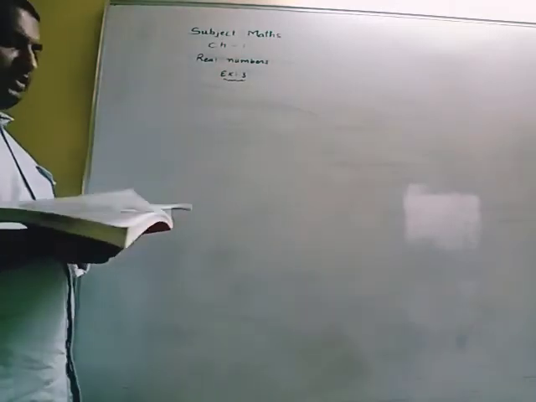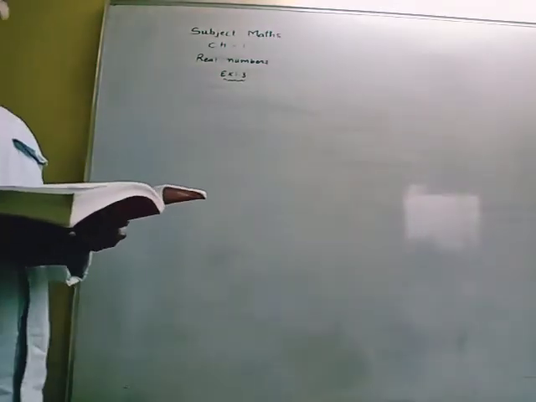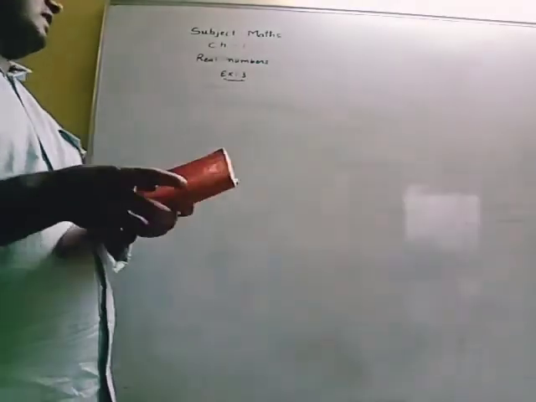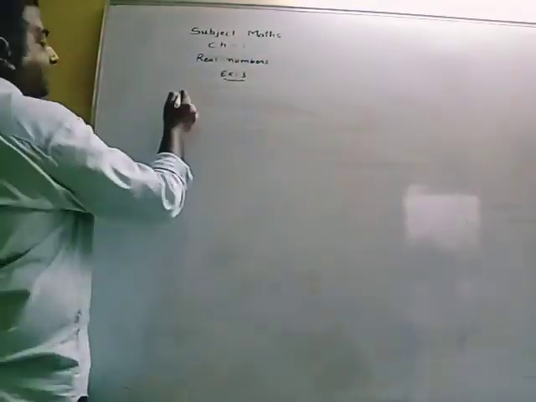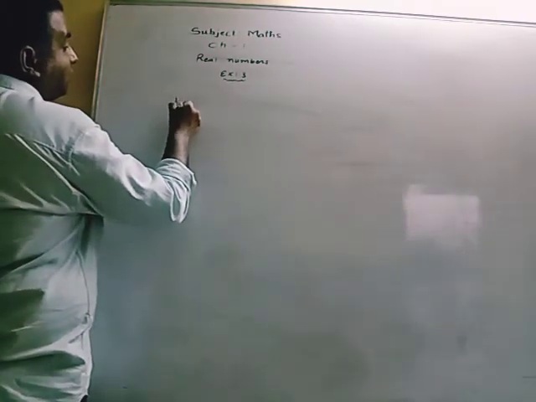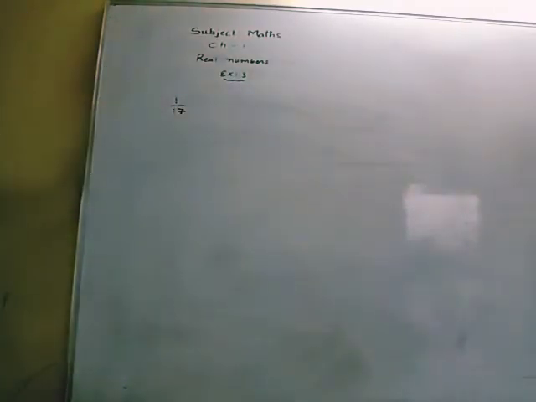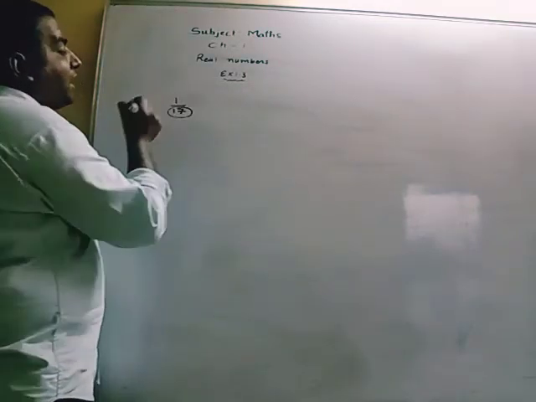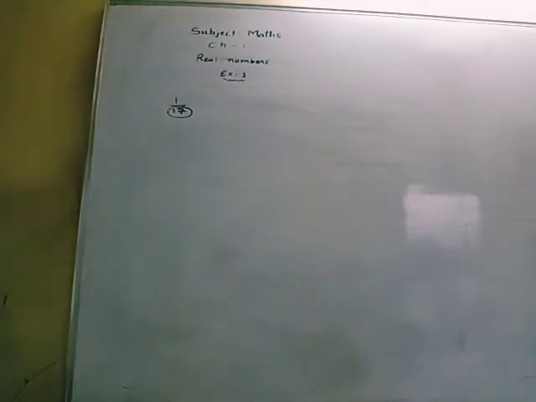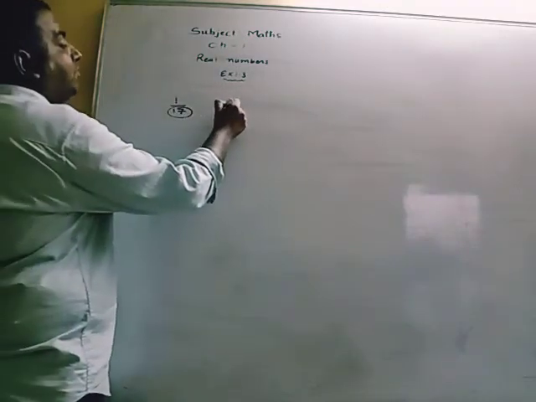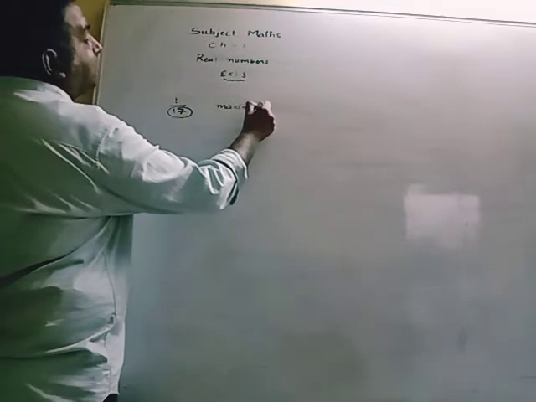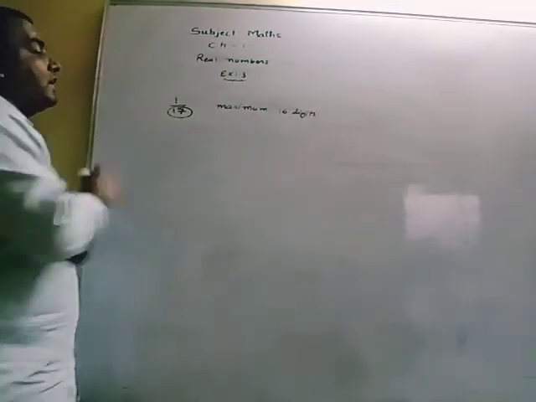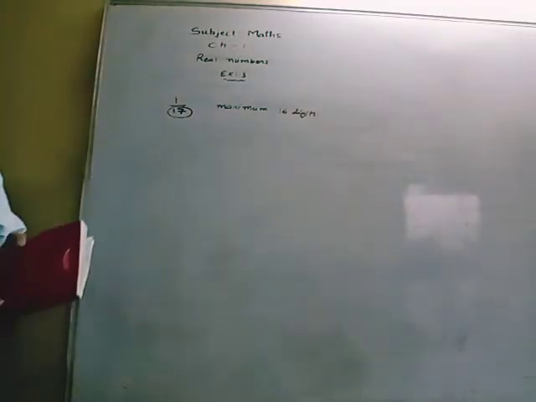Now question number 5 is: what can the maximum number of digits be in the repeating block of digits in the decimal expansion of 1/17? So here 1/17. As per what we have discussed, the repeating part has the digits. So the divisor is 17, so a maximum of 16 digits can be in its repeating unit, and this division you can do and check it.